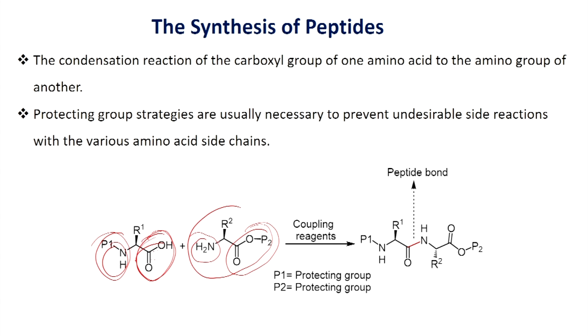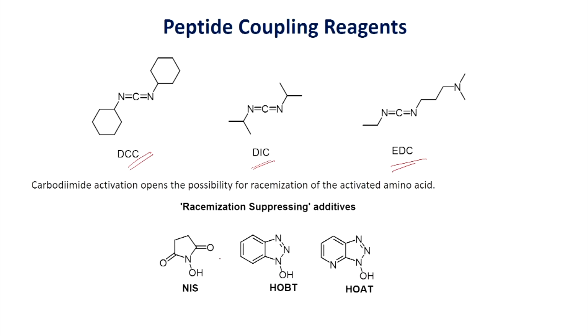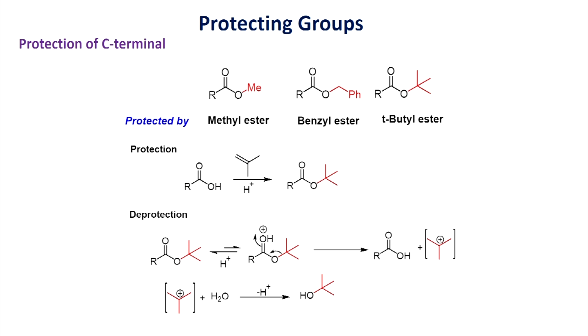These two amino acids can be coupled together using a coupling reagent. You will be able to form a carbon nitrogen bond, an amide bond. Here some of the common coupling reagents are shown. These are the common carbodiimides used for the coupling of amines and carboxylic acids to make the amide bond. And here some examples are shown. Sometimes optically active amino acids undergo racemization. To minimize the racemization, these additives are added during the peptide synthesis.